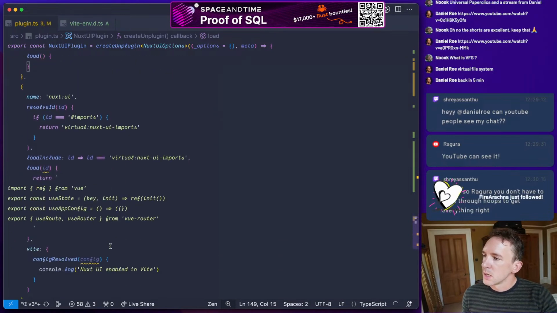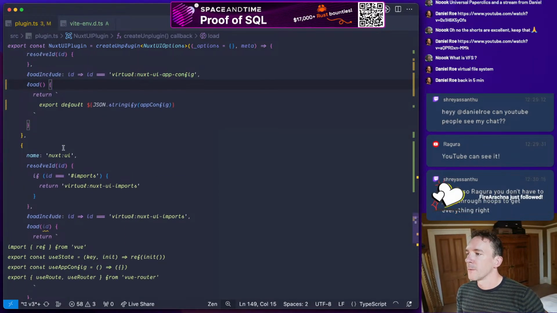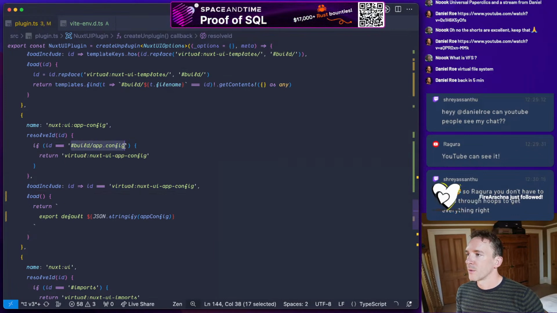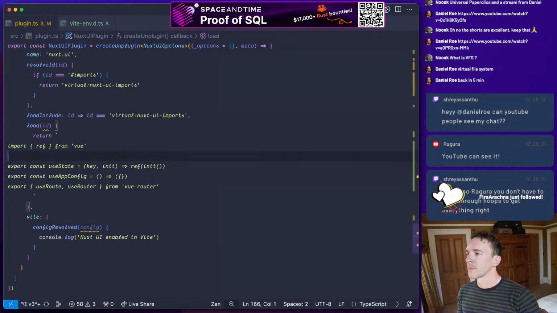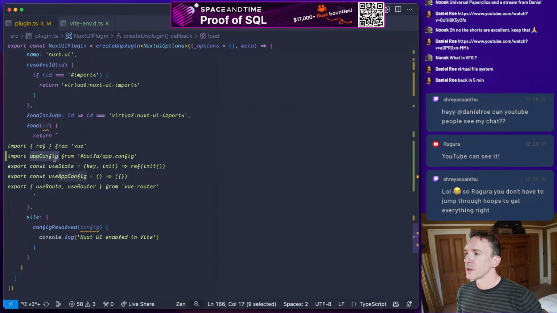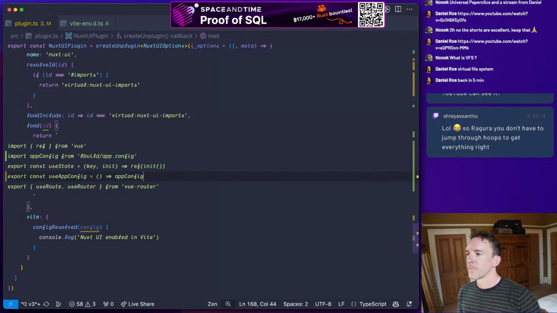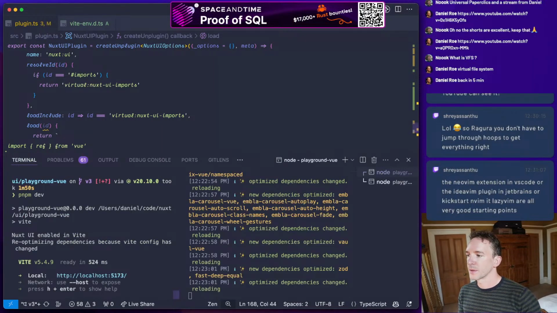And we now have use app config, and so we should basically import from there. So we're just going to return it like that. Let's see if this works.